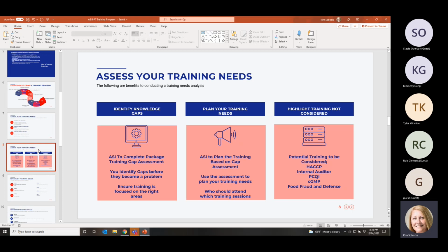Okay, so John does it annually and he's still typing, but I'd like to get somebody else's feedback too, if somebody else can type in the chat box. So John does it annually. I'm assuming that he does it when people are hired as well. It looks like Kimberly and Tyler are both typing, so we'll get some other feedback.